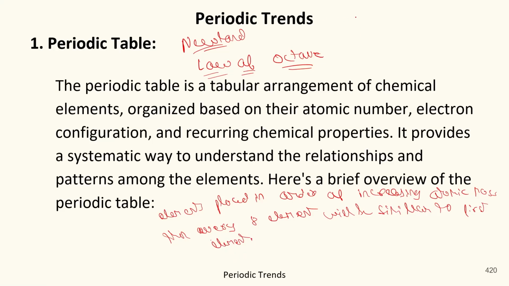So basically you can say 1, 2, 3, 4, 5, 6, 7 and 8. If this is a situation and all these elements are arranged in order of increasing atomic mass,